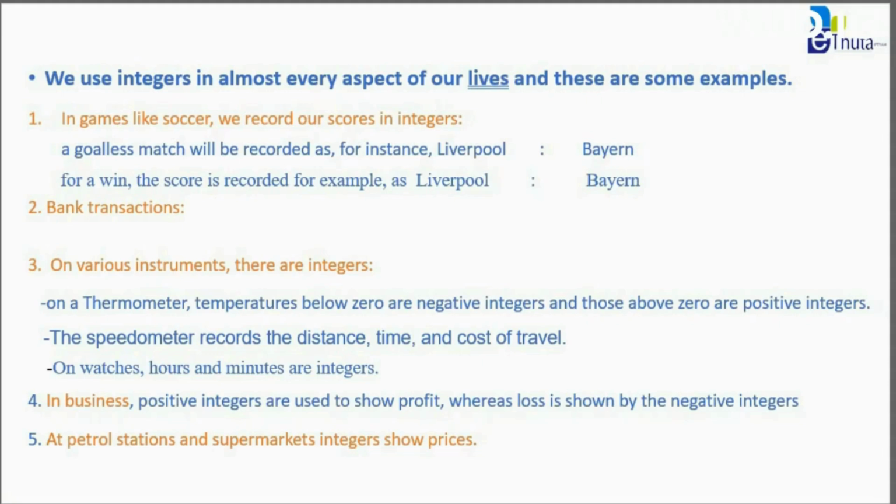Example number one, in games like soccer, we record our scores in integers. For example, a goalless match will be recorded as, for instance, Liverpool 0 and Bayern 0. So 0 and 0 are integers. For a win, the score is recorded, for example, as Liverpool maybe 2, Bayern 1, which means Liverpool will